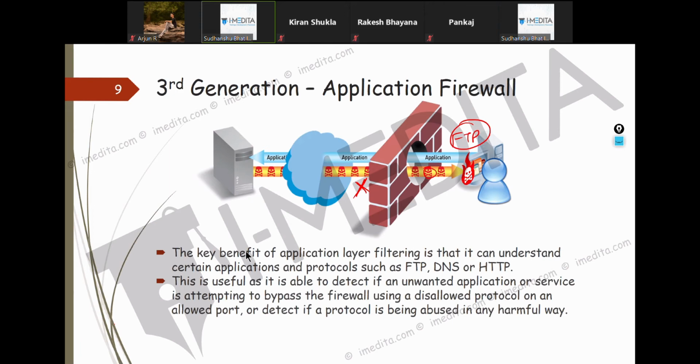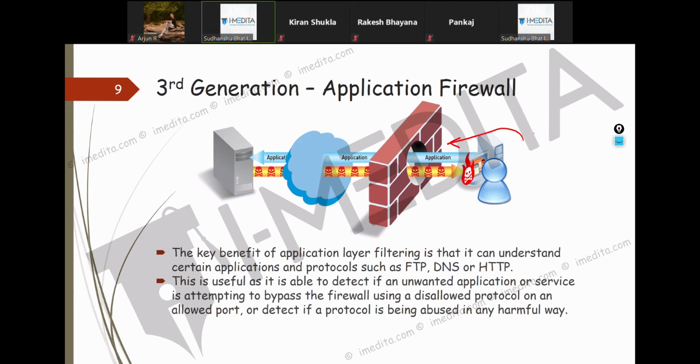See, basically the attackers in a network have become sophisticated as well. If you talk about any attacker these days, how they can easily bypass a firewall is they try to check which port is open on the firewall.